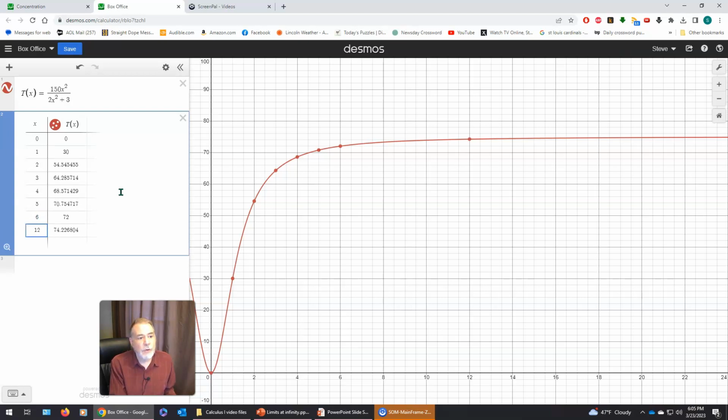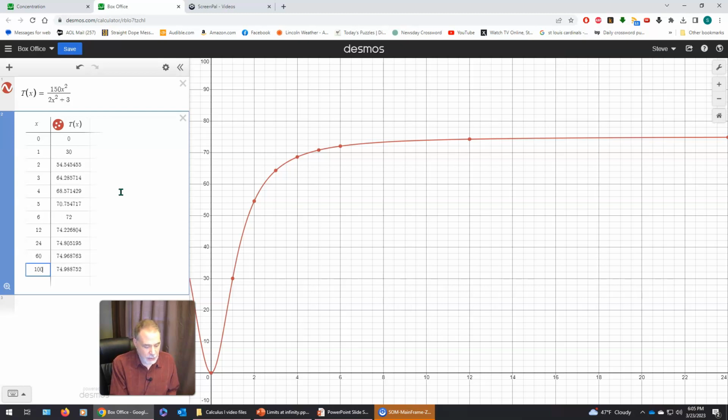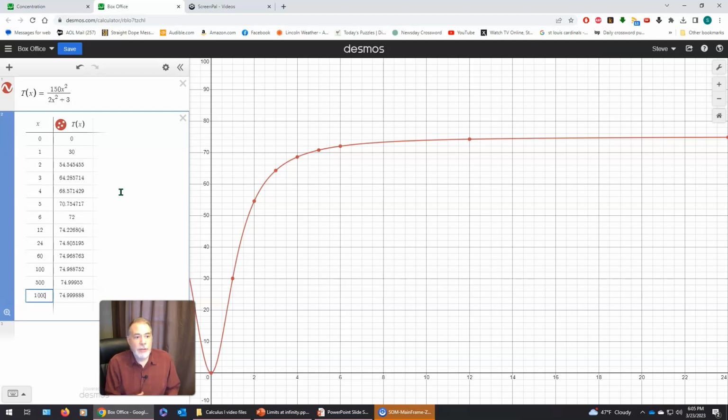It's up to 74.226804. What about after 24 months? That is 2 years. Now it's up to 74.8 something million dollars. 5 years would be 60 months, and then it's up to 74.9687763 million dollars. If I stick in 100 or 500 or 1,000 for the number of months, the number we get out of this function, the number of millions of dollars it's made, it keeps getting bigger, but there's a